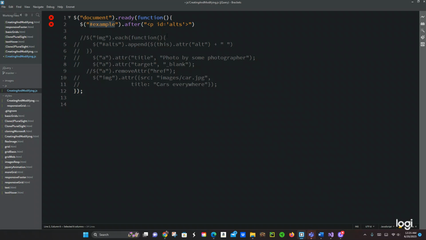equals alts. Then let's uncomment the next line of code, where we're using the image tag and the each function. What each is going to do is add the alts IDs right here. Let's uncomment that, and there's going to be an append to the current IDs that we have, adding an attribute for the alt name, and also a space. If we save this,